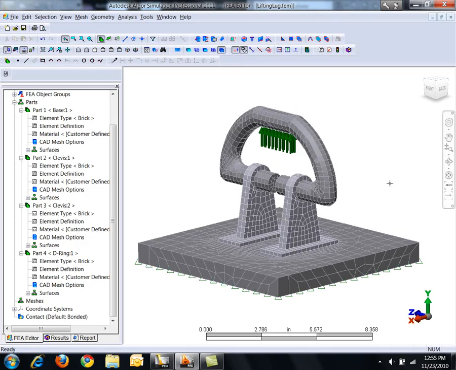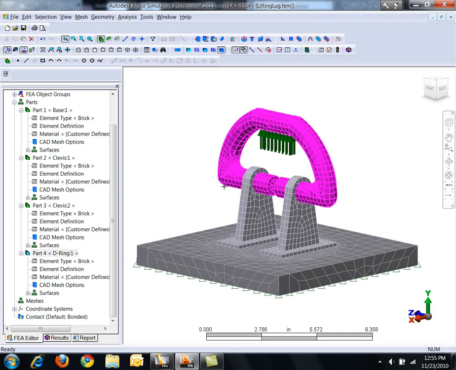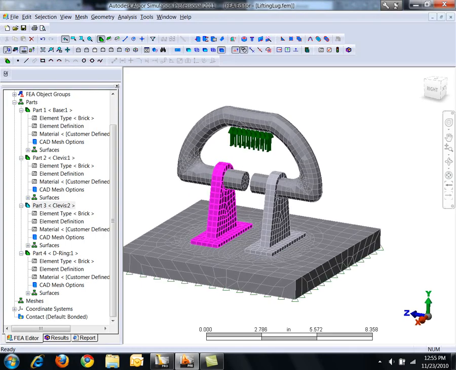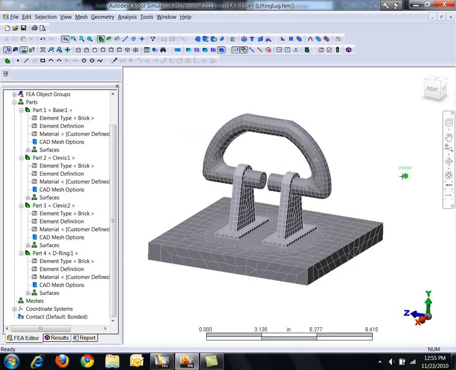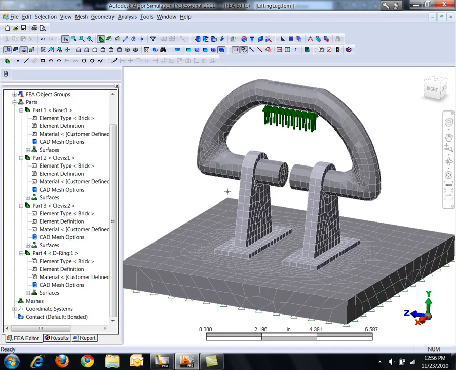By default, all models imported to Algor that are assemblies will have bonded contacts specified between all parts, meaning this part is stuck to this part, which is stuck to this part, which is stuck to this part, and stuck back to this part, right? So in this case it makes kind of a loop, but basically everything is stuck together fully where those two parts touch each other. If I scroll down to the bottom of my tree here, I can right-click on Contact,